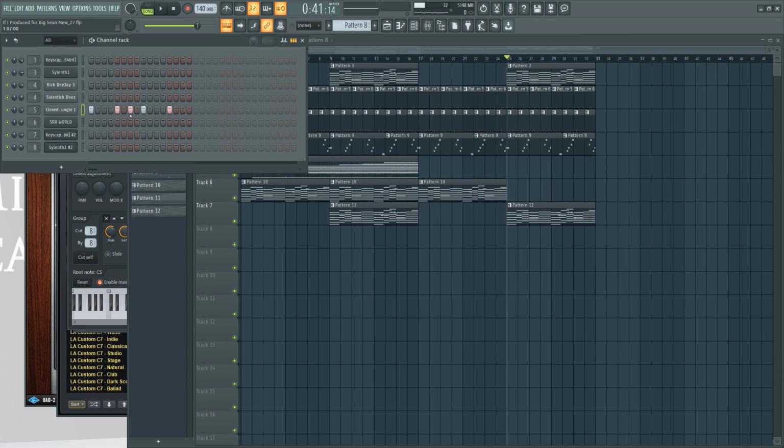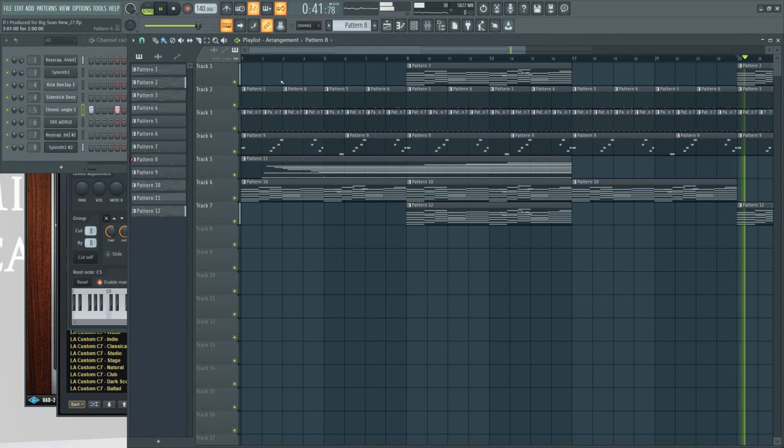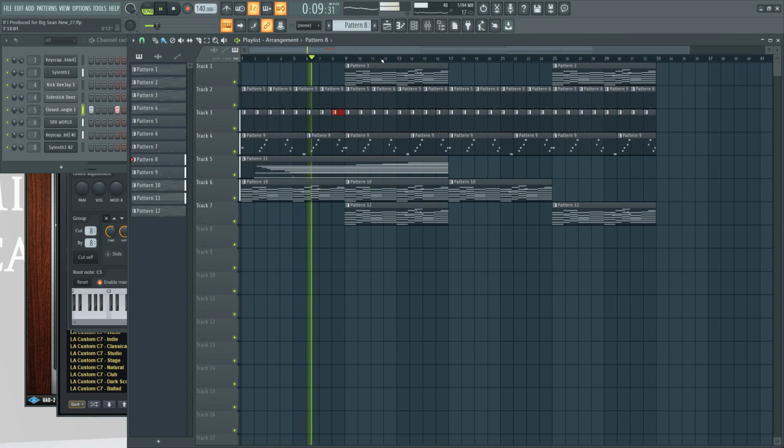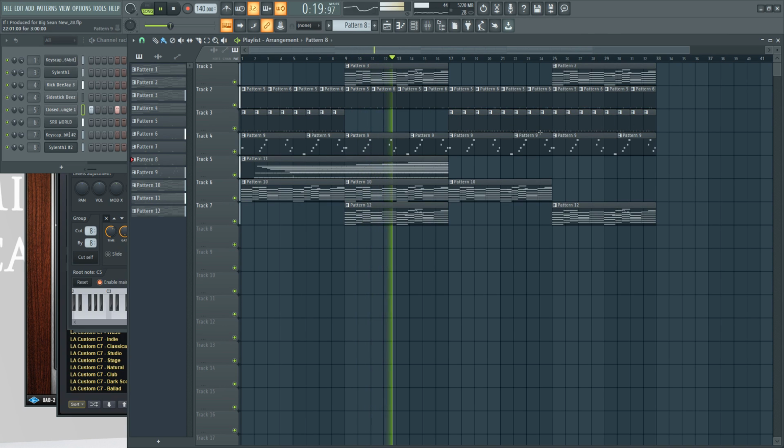Dun, dun, dun, dun. Where we at here? Pattern 8. Here's where we're also going to add a lot of reverb to fill in the dead space.